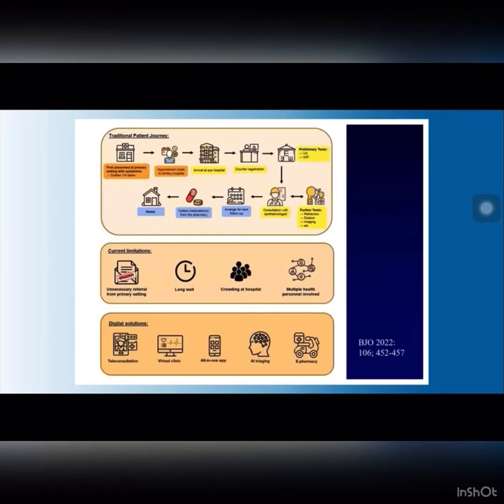So the traditional patient journey doesn't really fit the current requirements, and it has the limitations of unnecessary referrals, long waits, crowding, multiple health personnel involved. So we need to look for solutions such as teleconsultations, virtual clinics, all-in-one app, AI triaging, e-pharmacy, and other solutions that we have been talking about for years, and COVID really helped us to move them along in every country